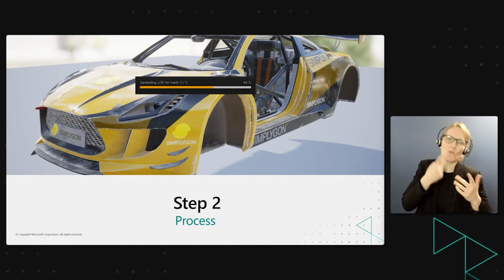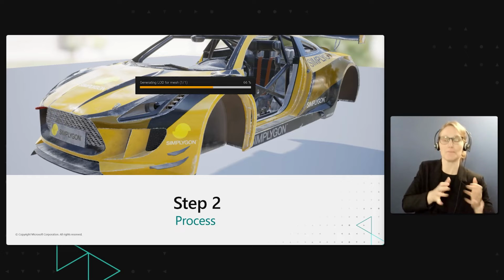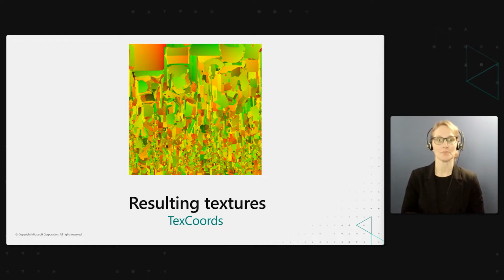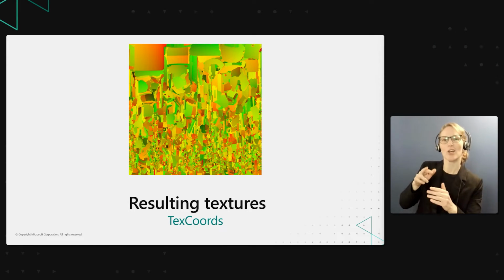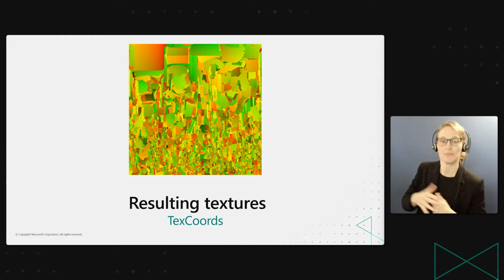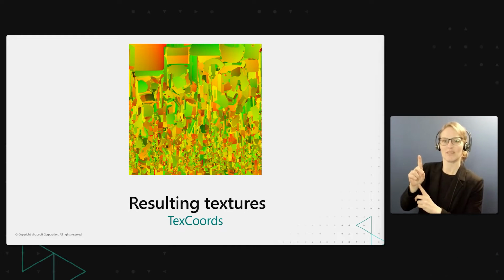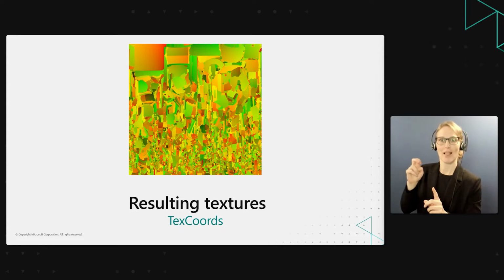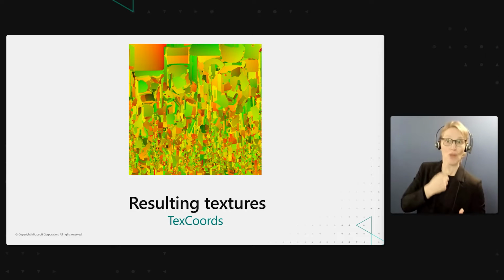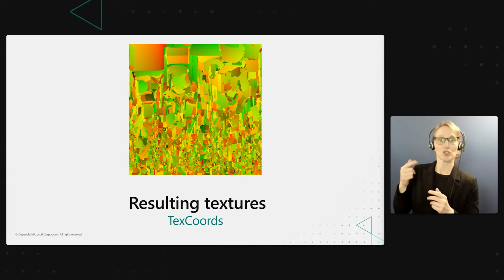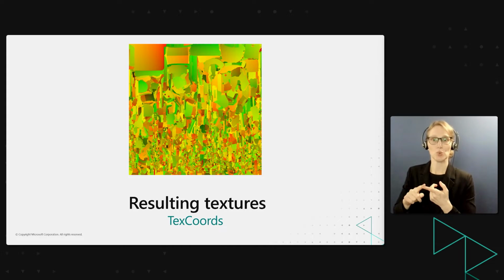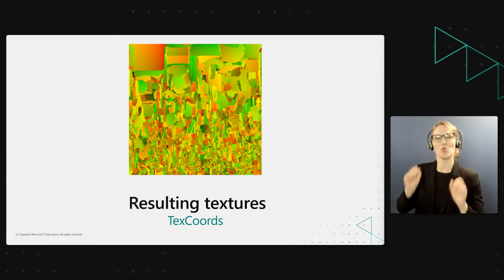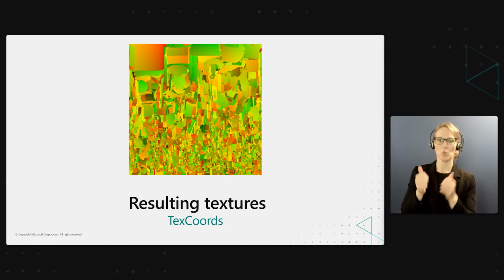Now that we've set that up, we can process the asset. And let's take a look at what the resulting textures are. So here is the texcoord texture. Basically, we're only using the red and the green channel, because the red translates to the U and the green translates to the V part of the UVs of the original. So this way we can map which UV coordinate in the original texture, so that we can look that up.